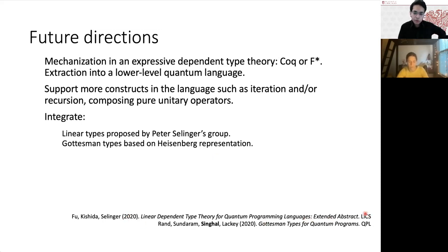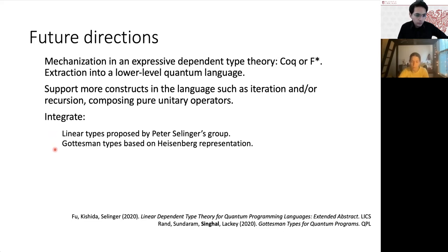This paper came out only early this year at LICS. So this is a very interesting direction that we should be able to just use linear types to avoid specifying anything about whether a qubit is